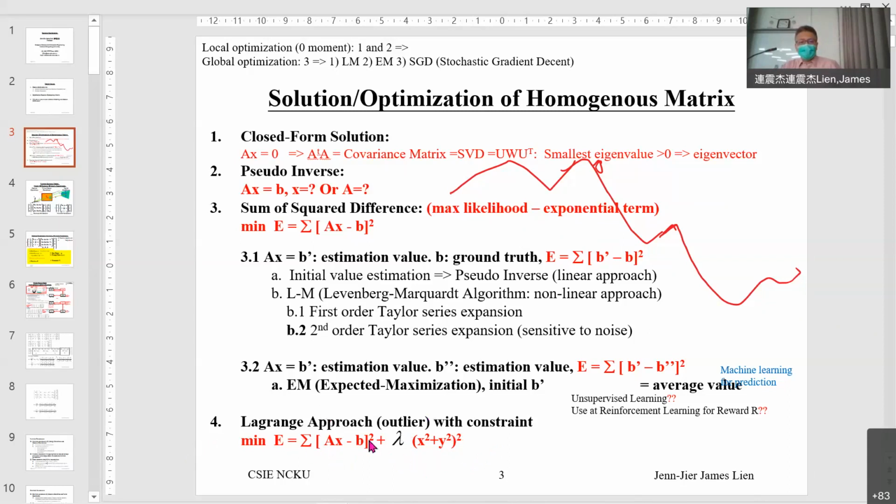They have a constraint. This original one equals this one, this part equals this part. But this part has no constraint, so the range is not limited and it will run all over the place. So if you have a small constraint term, okay, then it will be stable. We call it stable. We also call this term a smooth term, because if you